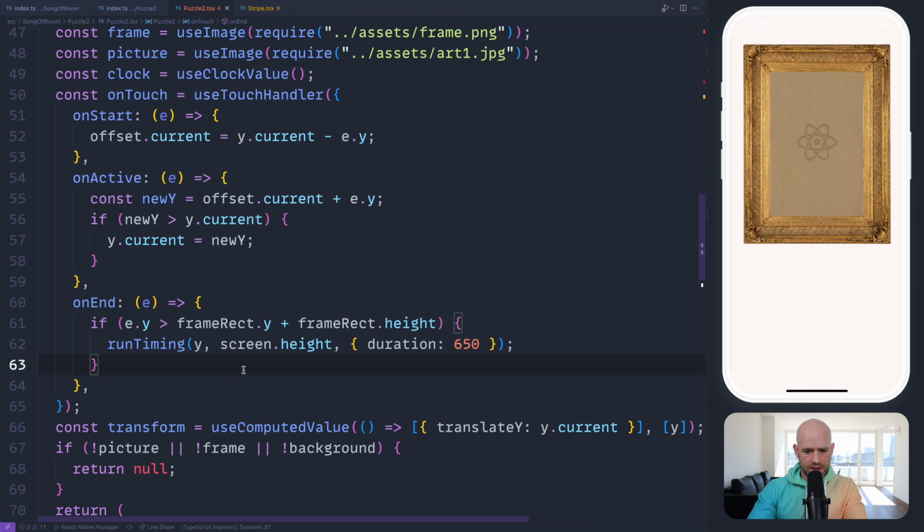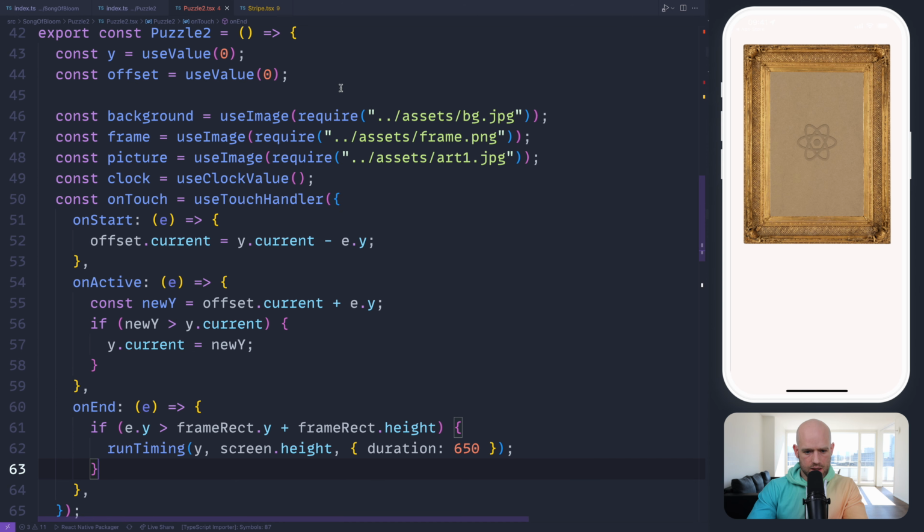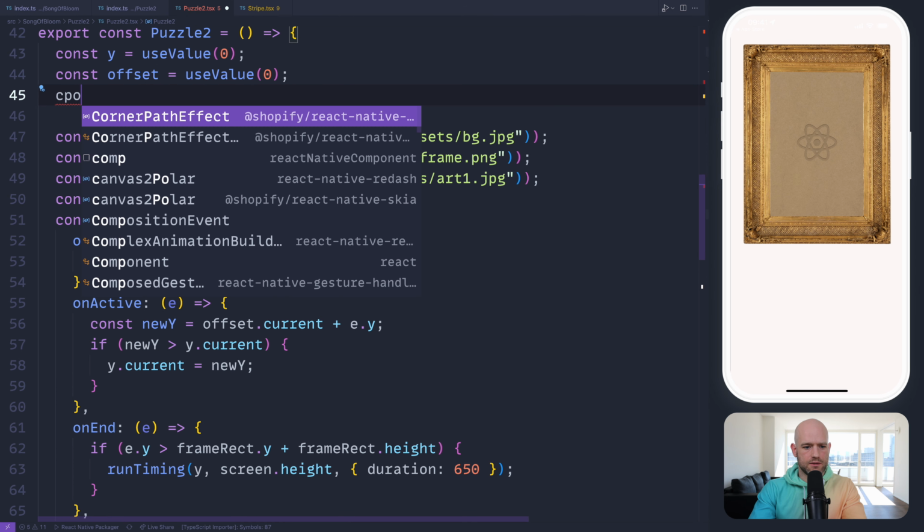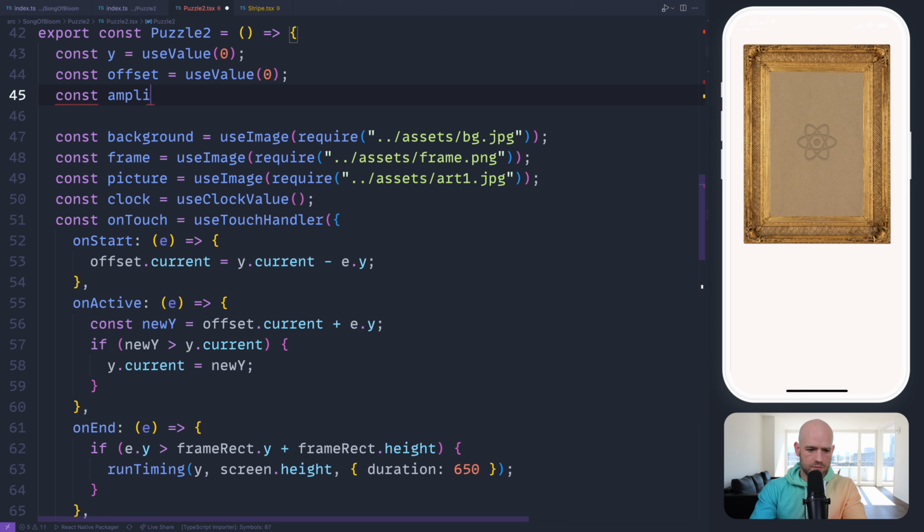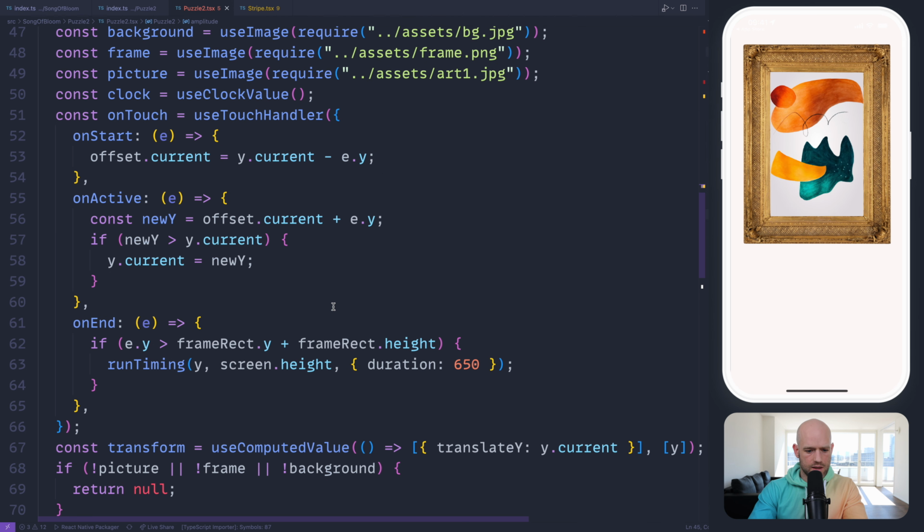So maybe I can create an amplitude value and default. Since we multiply, we want to keep 1.